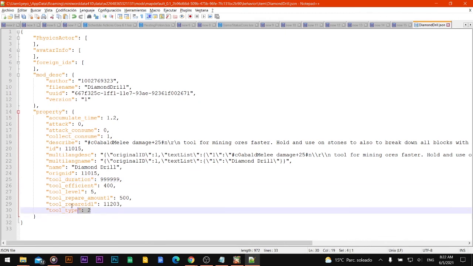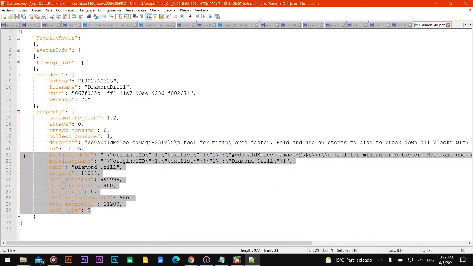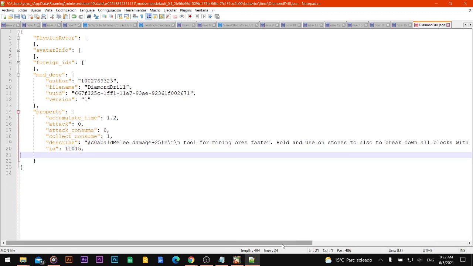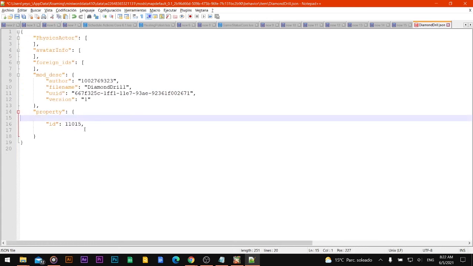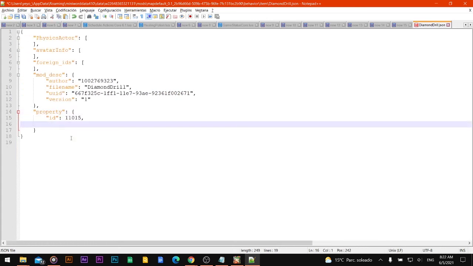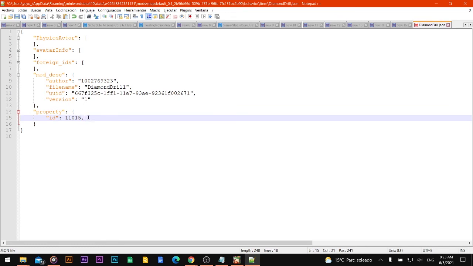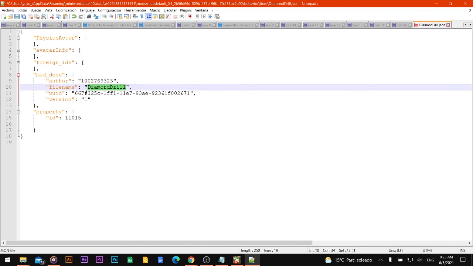For modifying a new item, you are going to take the item that you just created. Don't modify it yet, as I did. Just delete everything on it, okay? You are going to have on property just the ID. Remember that this is going to have only one line here. We are going to delete this part, the comma after that. On this, you are going to also change the file name, okay? So you are going to place modifier,